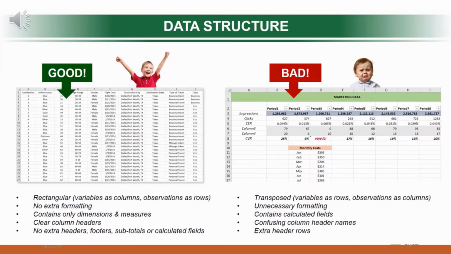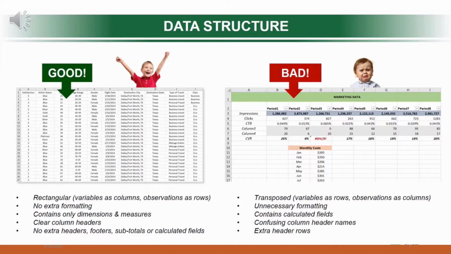But if, as in the left side, you have a bad data organization with transposed variables, unnecessary formatting, calculated fields, confusing column headers, period 1, period 3, period 4, what does that mean? Call it January, February, March, April, call it first, second, third week, but make it something meaningful. Extra header rows that are not really necessary. Then if you're on the bad side, it is not going to be possible to use